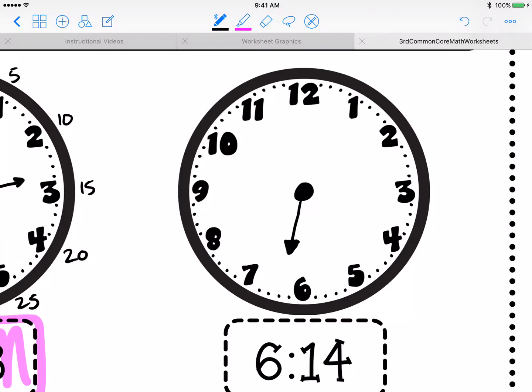So I'm going to go 6, hour hand, and then 14. So if I'm labeling, I'm going to go 5, 10, 15, 20, 25, 30, 35, 40, 45, 50,